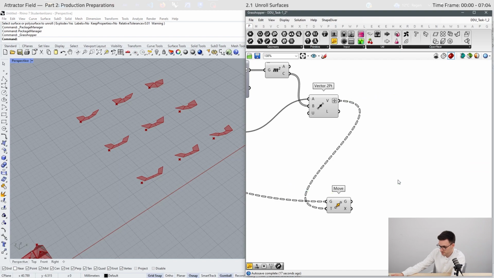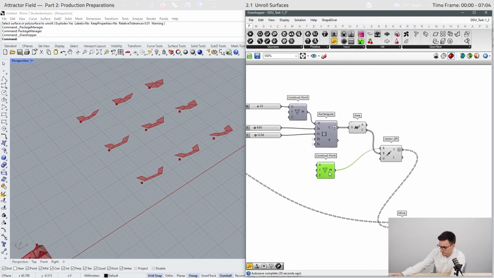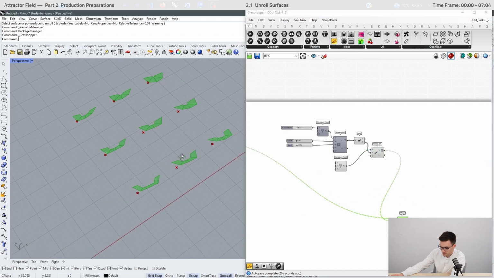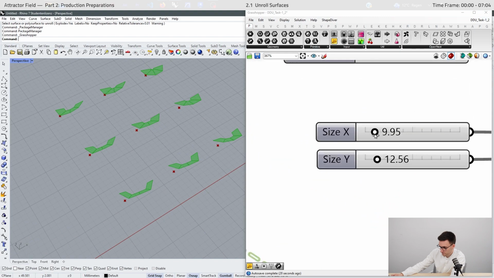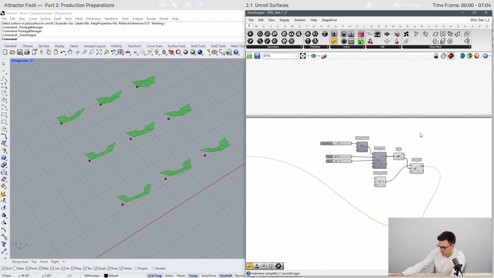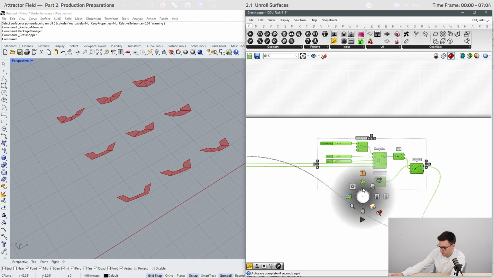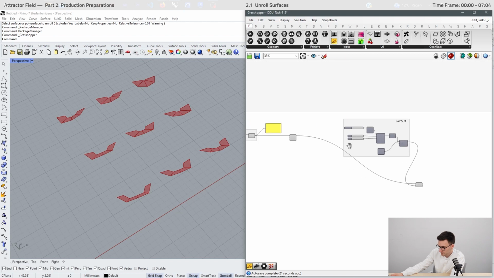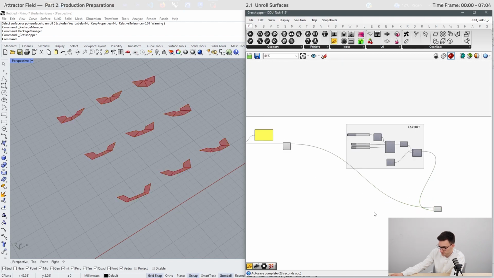So we can use this list structure, and it's also important to graft this list. Now it works. We have our objects. We can modify our layout and group this. Okay. Now we have our unrolled surfaces.